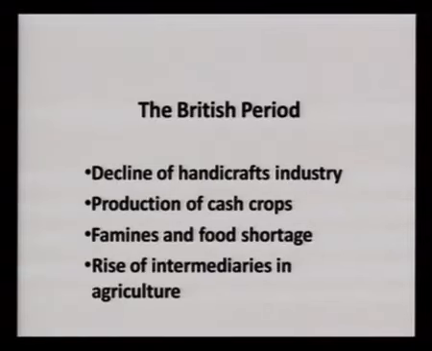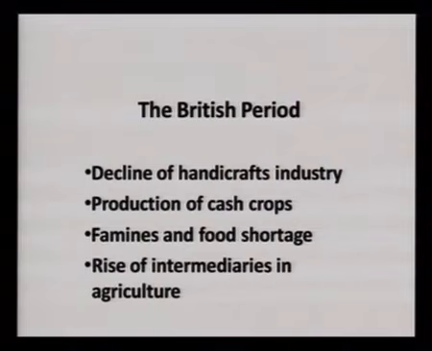If we study the economy during the British period, we will find four major features. These features are basically negative in character, because the Britishers came here to exploit the country through trade. First they entered as traders, then they captured the economy and its polity, and influenced the whole society, exploiting its resources for their own benefit.